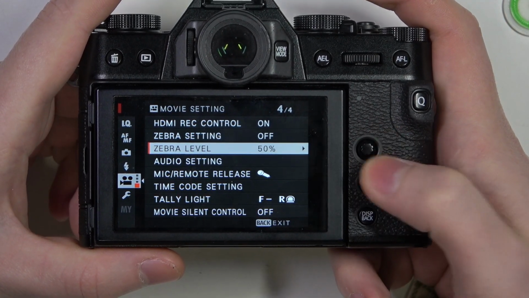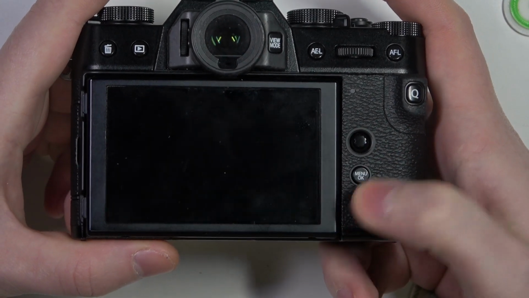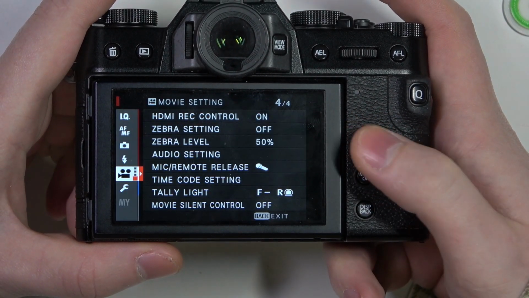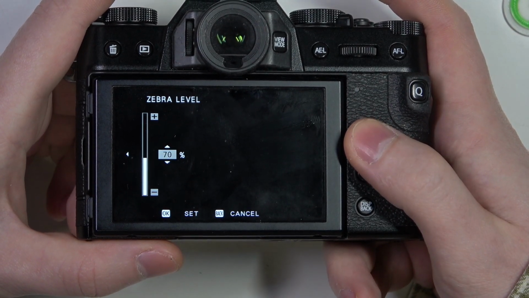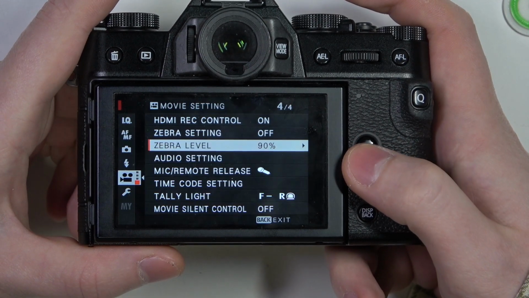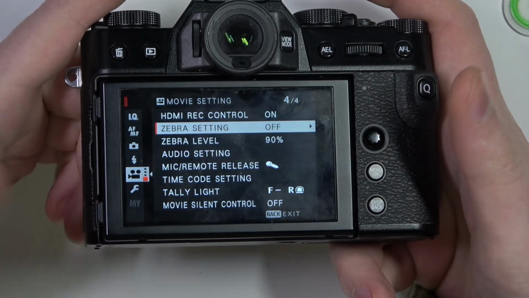Inside you should find the zebra level, and here you'll be able to adjust it using this slider. Also, keep in mind that there's a zebra settings and a zebra level, so make sure